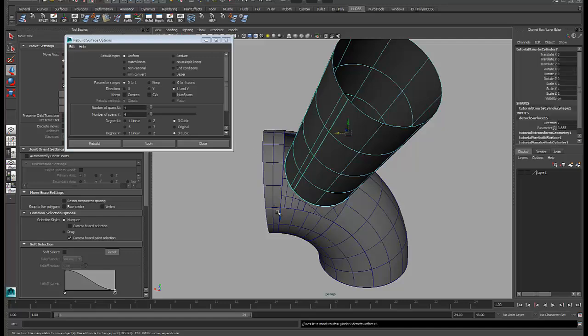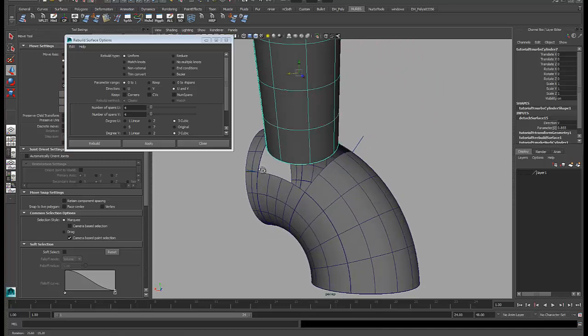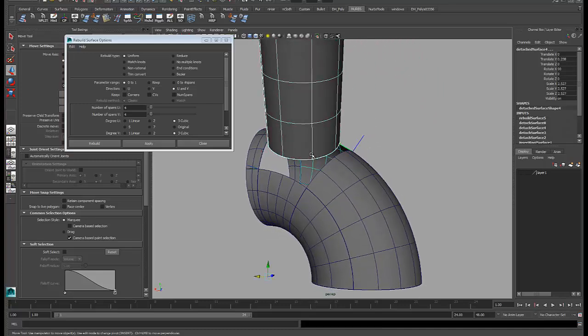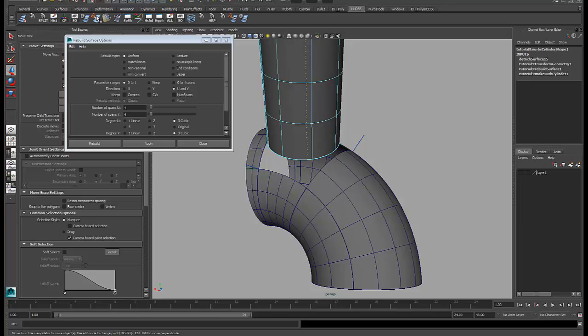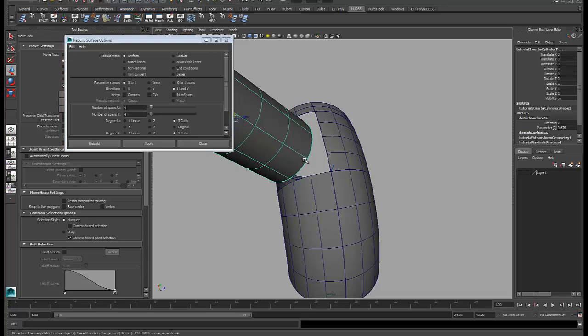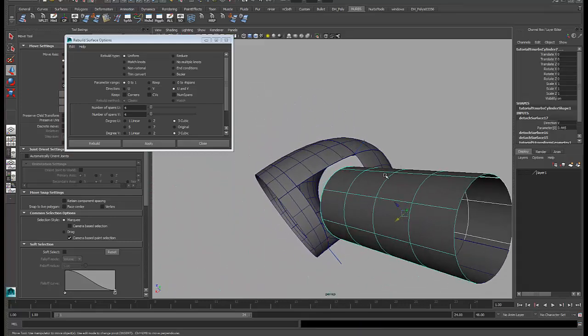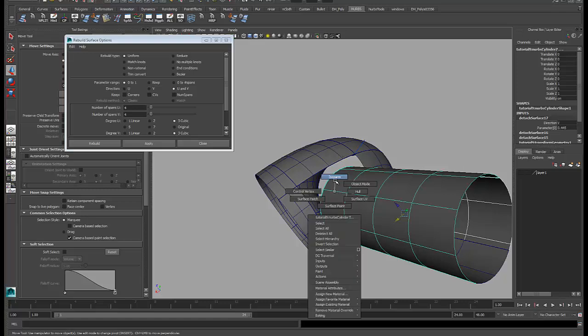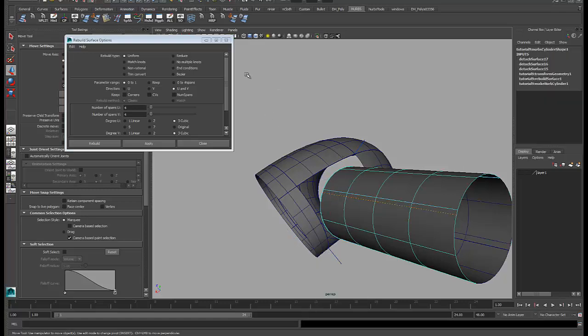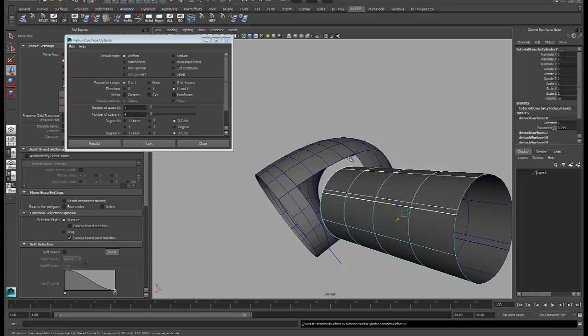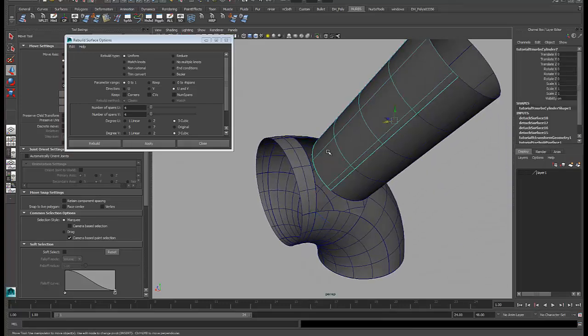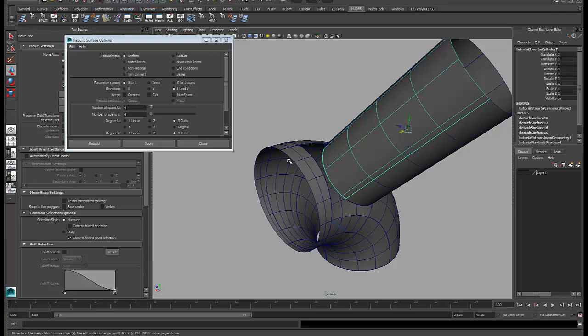So remember that when you identify an isoparm like this, technically you need to insert it and then detach. But if I just detach, that does both. It inserts and detaches at that point. This one looks like it lines up fine, so I'll just detach that. And then this one looks probably close enough. Maybe I'll just bring it over just a little bit to make it a little more accurate, and I'll detach that there. So now I have 4 of these,